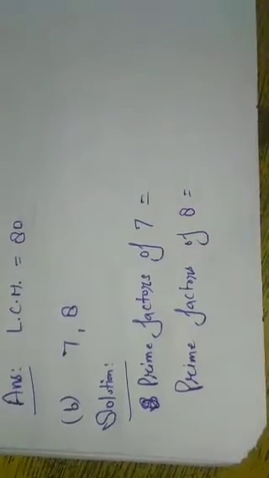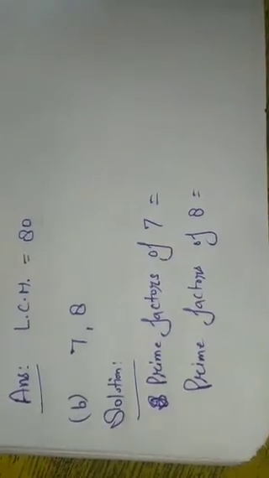So listen students, 7 is divisible by 1 or 7. At the time of taking prime factors, when we divide it by 1, we get the same 7. So the prime factor of 7 is 7, because you can see it in the rough column: 7, 7 1s are just 7. So here the prime factor of 7 is only 7.